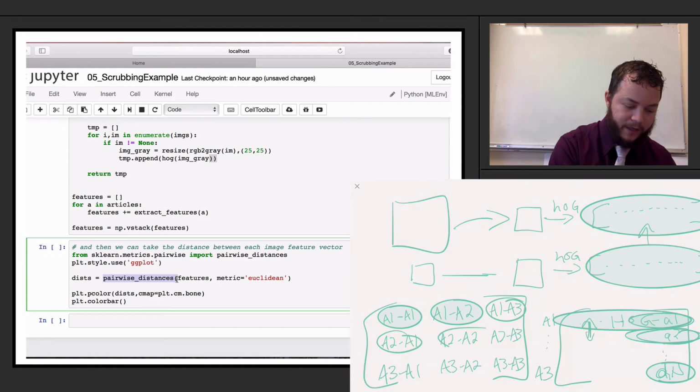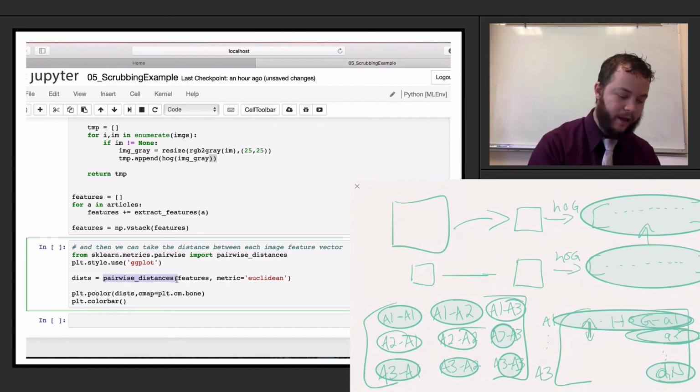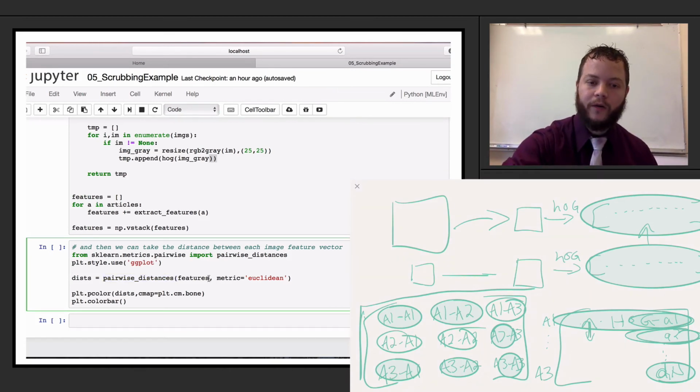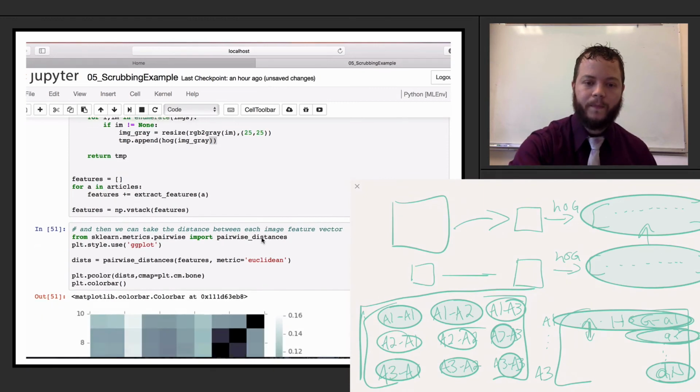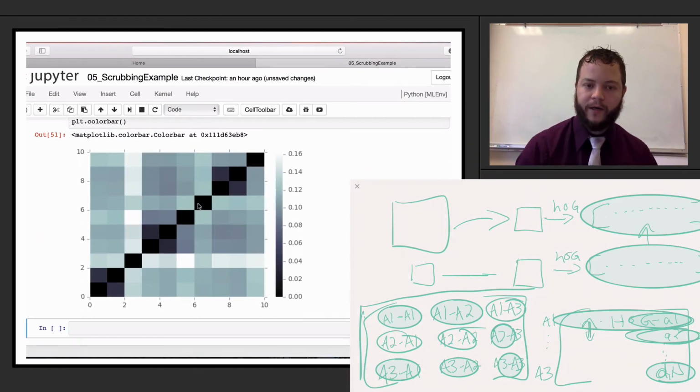So I'll get a 3 by 3 matrix on the output. However many images I have, that'll be the length. I'll have 3 images, 3 by 3. If I had 5 images, this would be 5 by 5. And what that's telling me is the difference between those images, where lower means that the images are much closer to one another. So if I run this and we visualize that matrix right here, what I'm going to